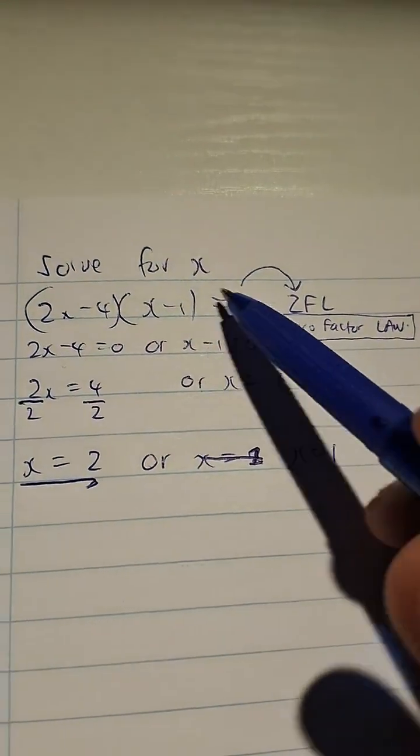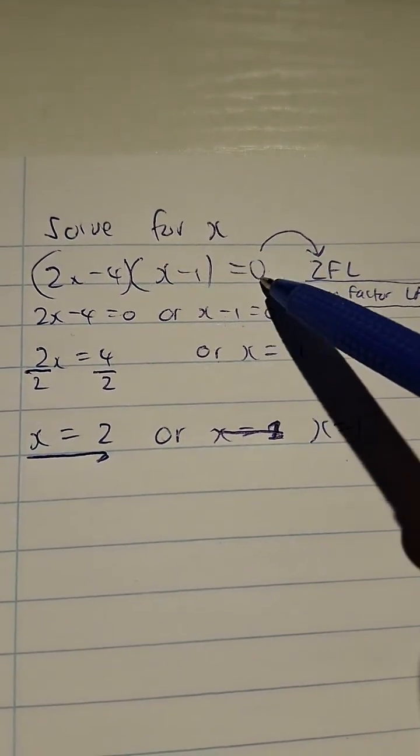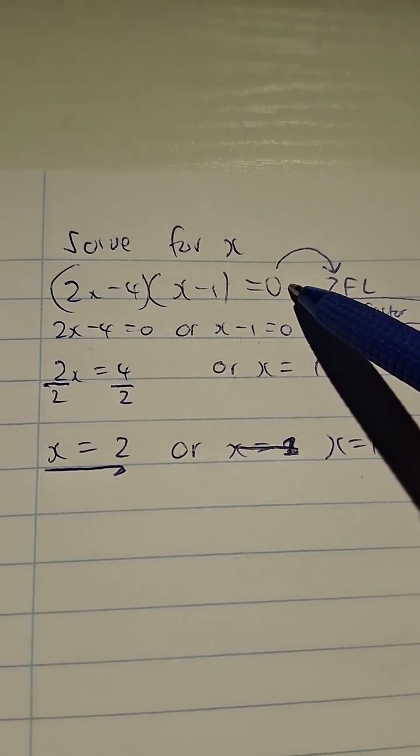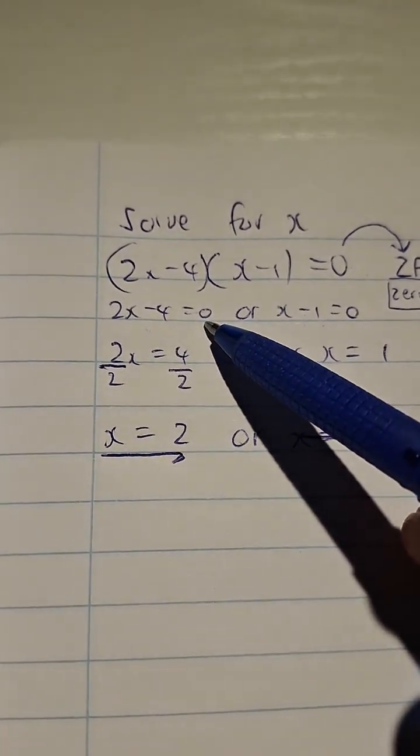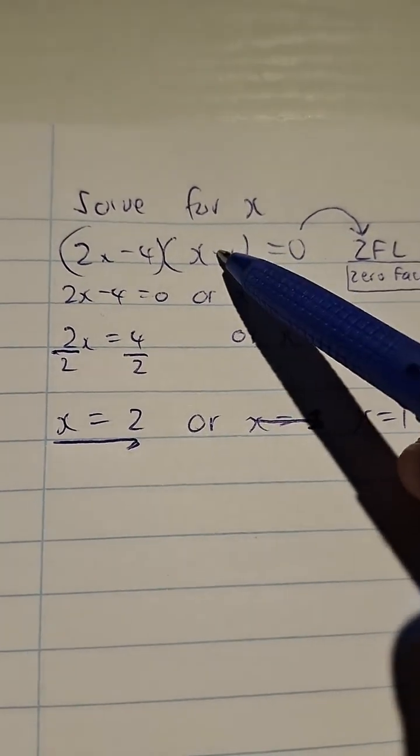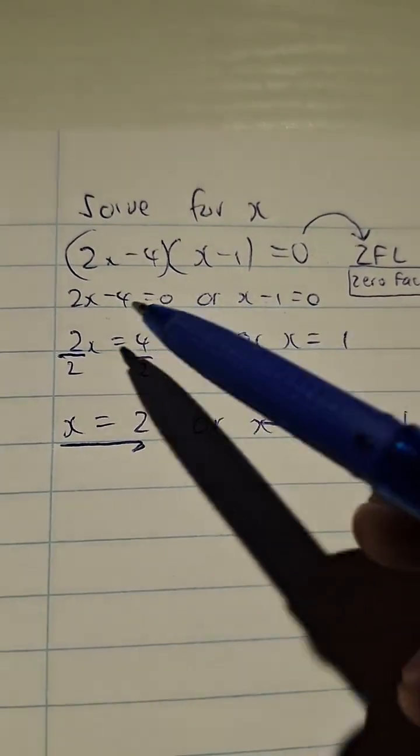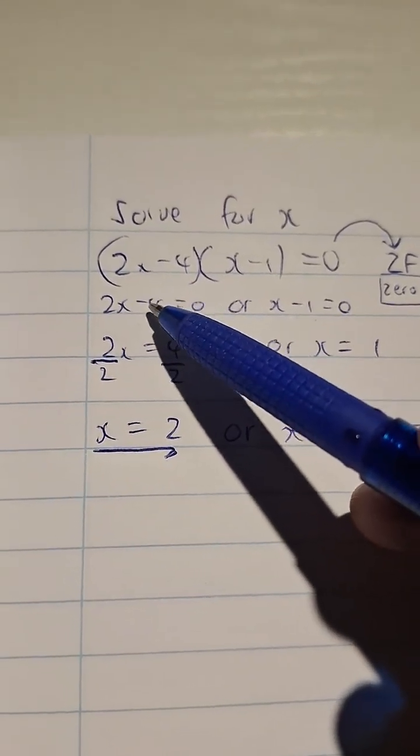This law applies whenever we have a product of factors and there's a 0 on the right hand side. It only applies if we have 0 on the right hand side. We can take 2x minus 4 equated to 0, or x minus 1 equal to 0. Then we solve these linear equations by making sure that we transpose